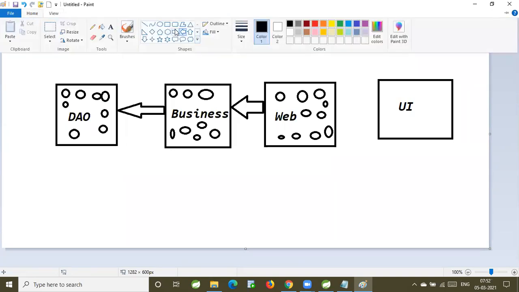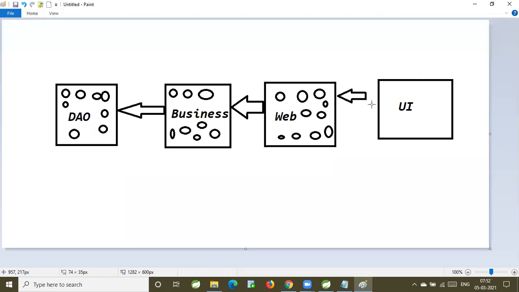Now, the end user will perform an operation in the user interface. He may click a button, he may submit a form, he may select something. Then that request will come to the web layer. In the web layer, one controller should execute. That means in the web layer, several components are there, and for these components, objects should be created. So when the user clicks on a button, one controller method should execute.